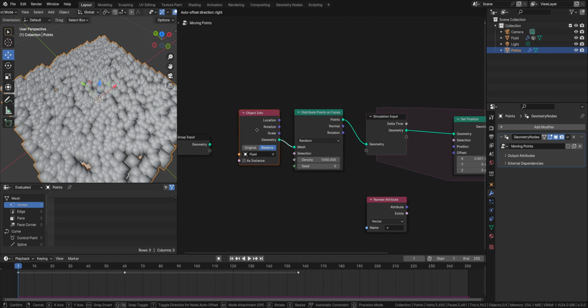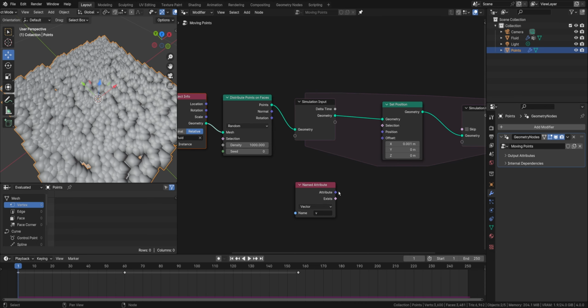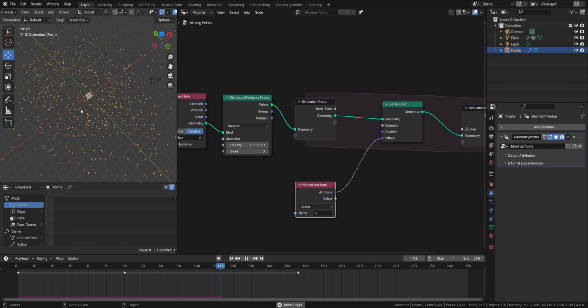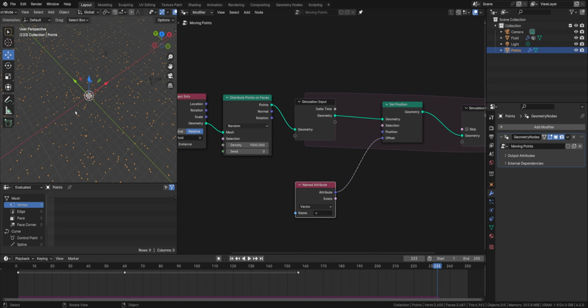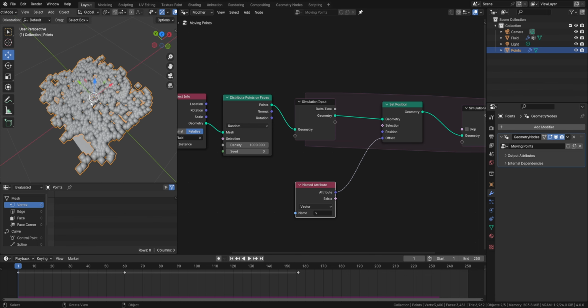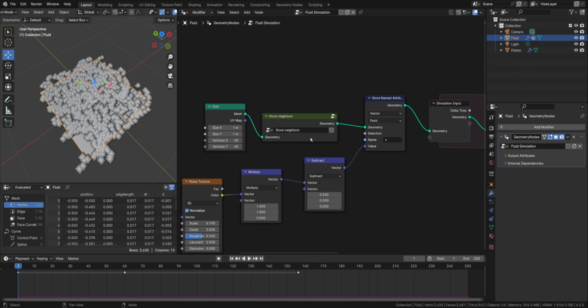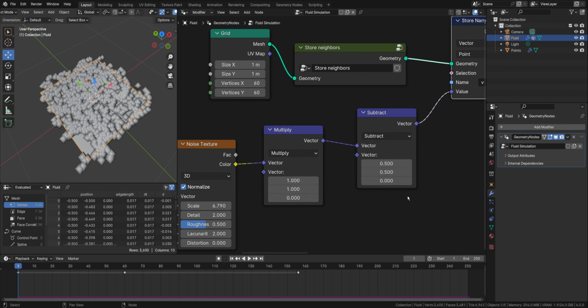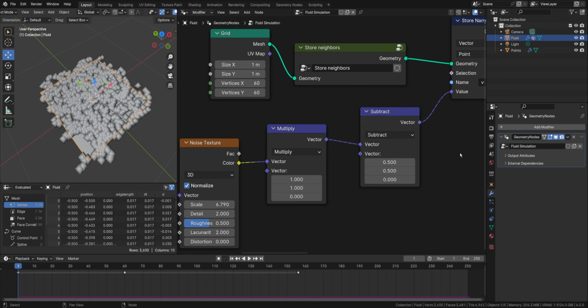And since we are using this as our simulation input, we can use all the attributes. I'm going to put this into the offset and it moves away very fast, much faster than the fluid itself moved. So the reason for that is the time step problems, because in the fluid simulation, I can show you. In the fluid simulation, we store the velocity, which is quite fast, you know, we don't slow it down in any ways. And then,